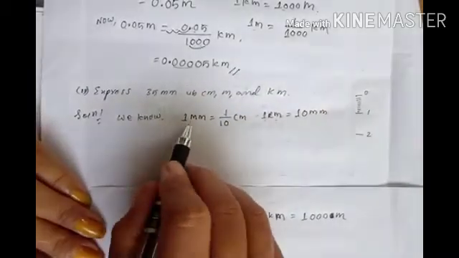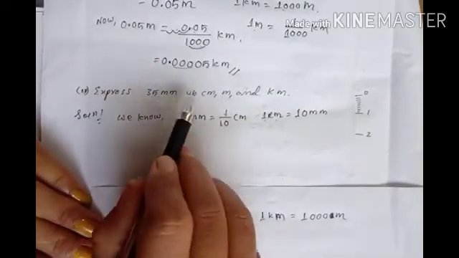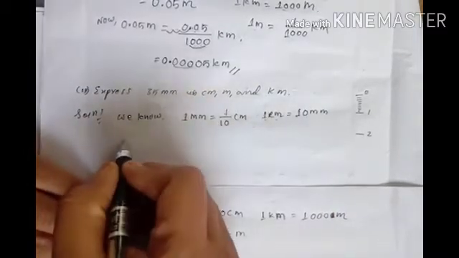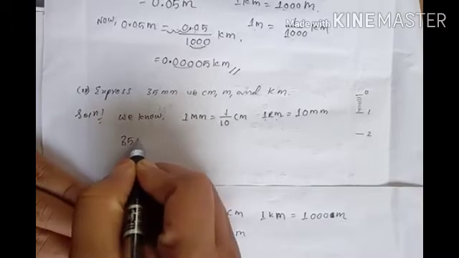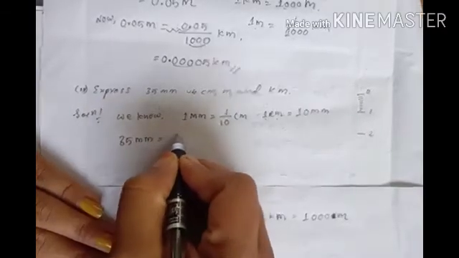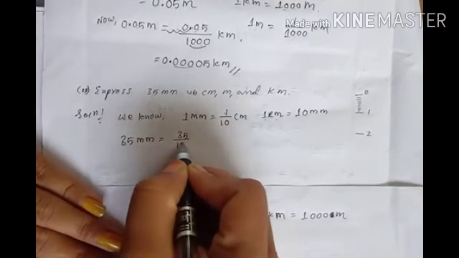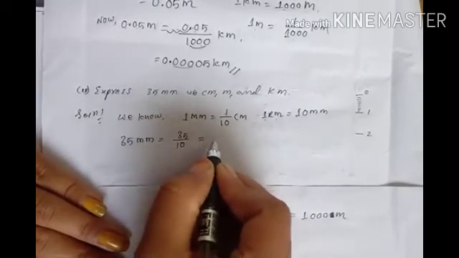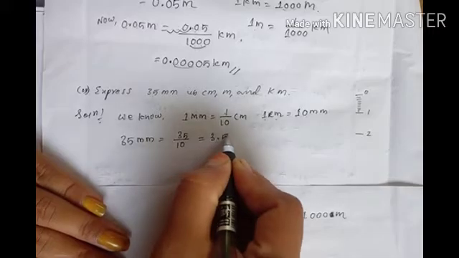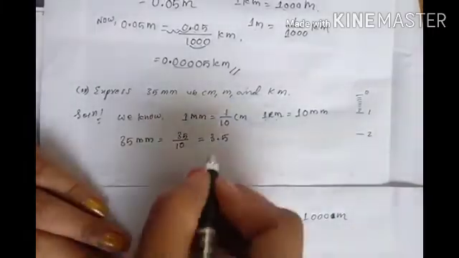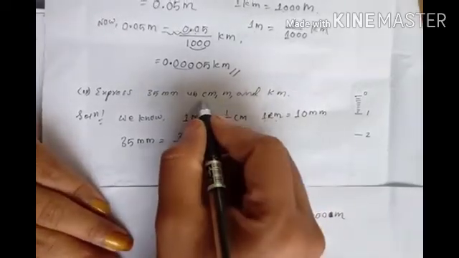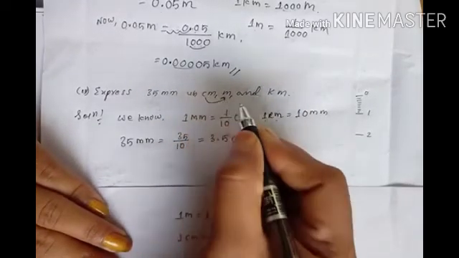So if you will convert millimeter to centimeter, then what you will do? You will divide with 10. So 35 millimeter is equal to 35 divided by what? 10, isn't it? So how many zeros? Only 1 zero. That means you will put the decimal before 1 digit, isn't it? Before 1 digit. So this will become now what? Centimeter.